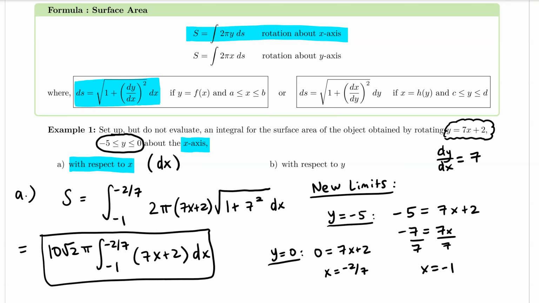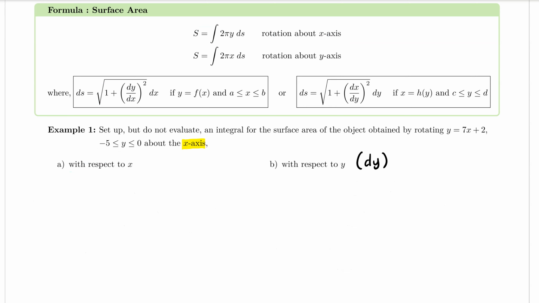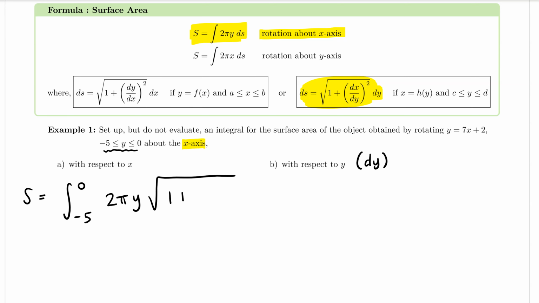Let's go ahead and move on to part B, where it wants us to integrate with respect to y. We're still rotating about the x-axis, so I'm still going to use the top formula, but now we're integrating with respect to y, so we want to use this definition for ds. So we'll have that the surface area is equal to, now we can use these limits of integration since we're integrating with respect to y, and then we have 2 pi, and again, because we're integrating with respect to y, I can just leave this as the y variable, and then we're going to do 1 plus,